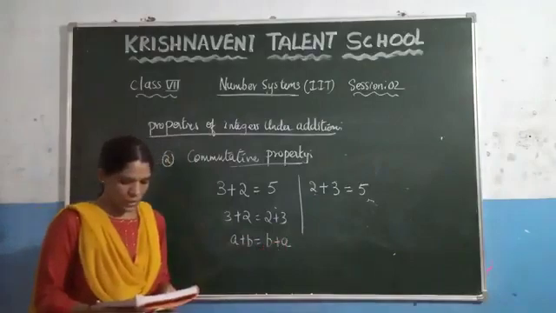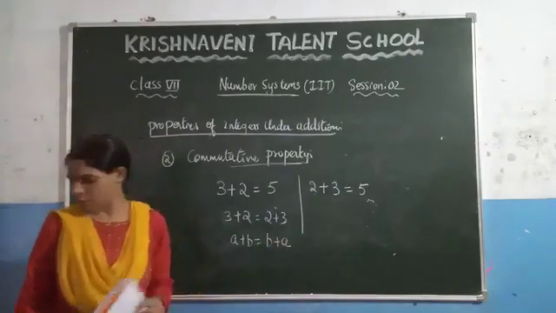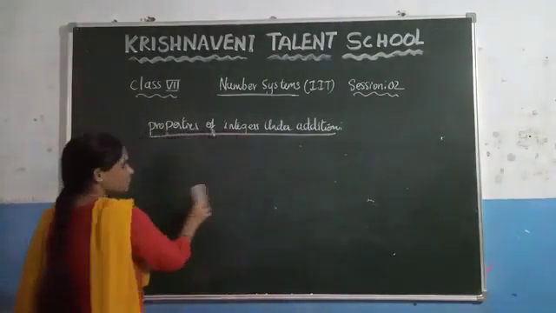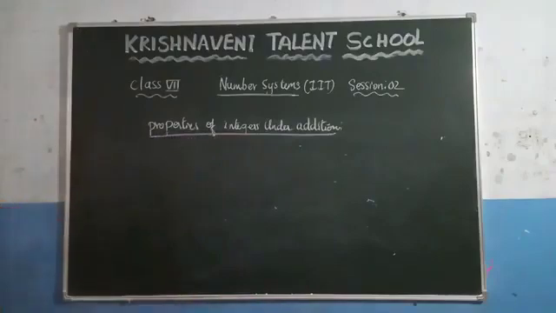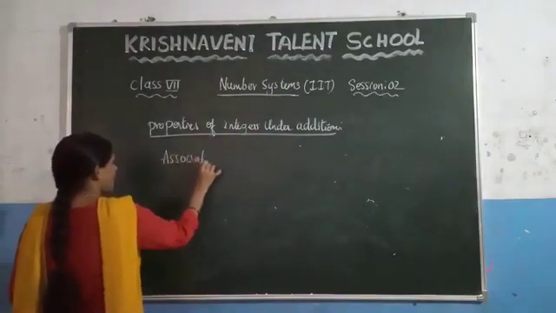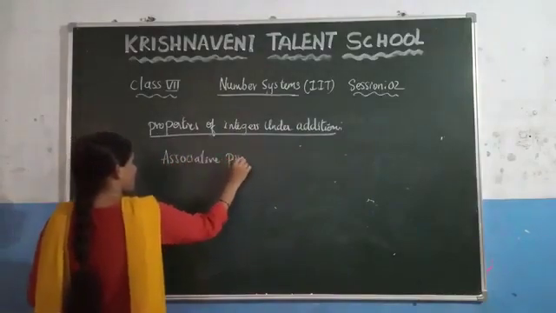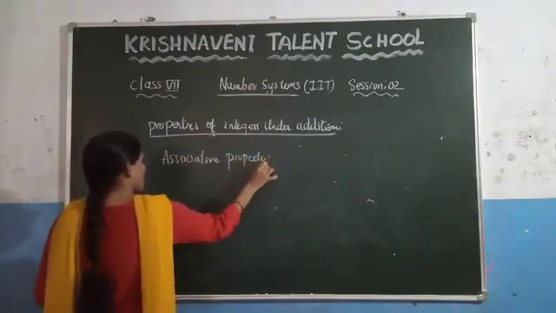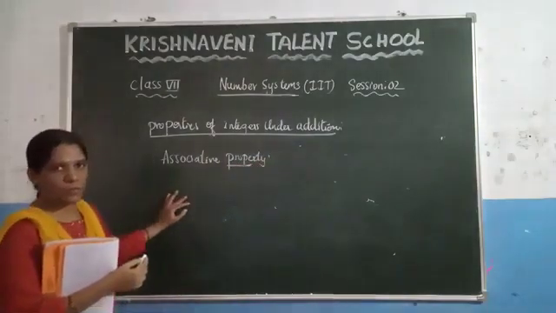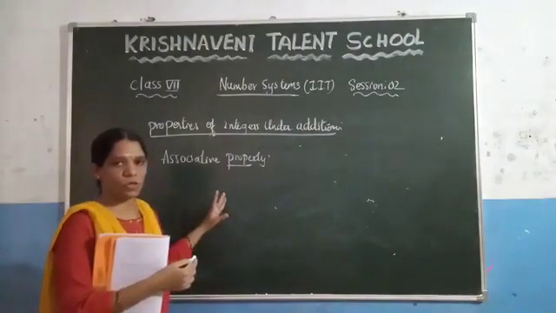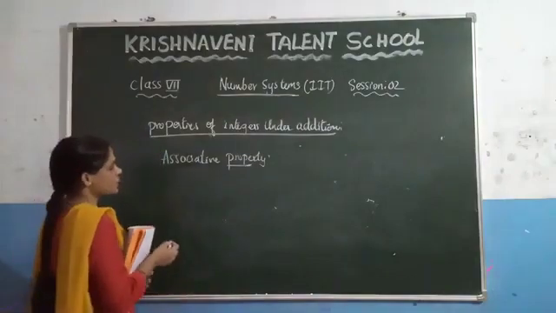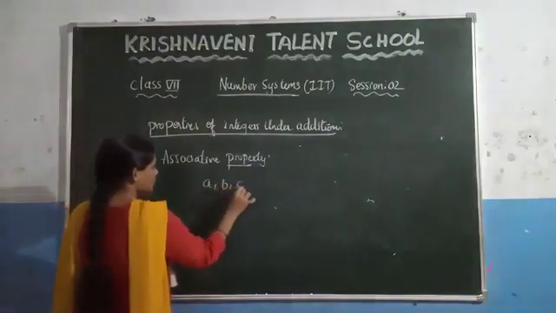And the next property they have given is the associative property. So here, see the next property, which is the associative property. What does the associative property say here? Before, we discussed the closure property and the commutative property. In both of these properties we took only two integers. In case of the associative property we need three integers. Let us consider three integers, A, B, C.